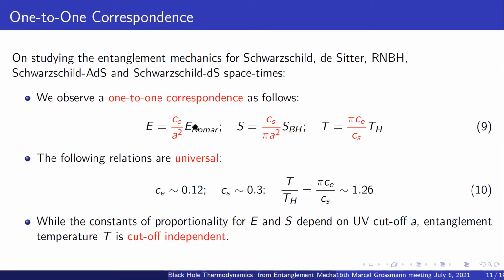But Komar energy is actually a classical quantity that can be thought of as a conserved charge along the time-like Killing vector, or basically a conserved charge associated with time translational symmetry, at least for static spacetimes. And this particular energy takes into account not just the mass of the black hole, it takes into account contributions from electric field and pressure and so on.